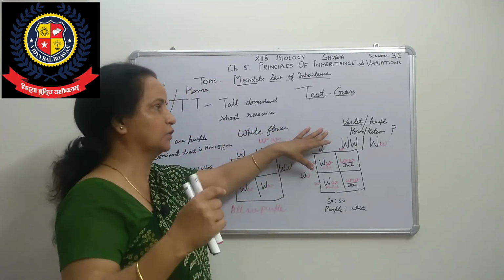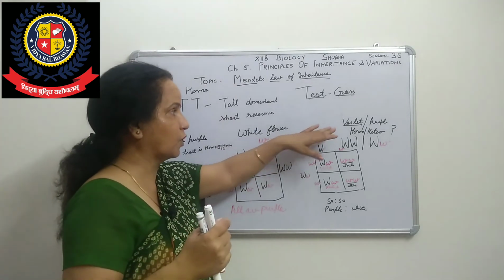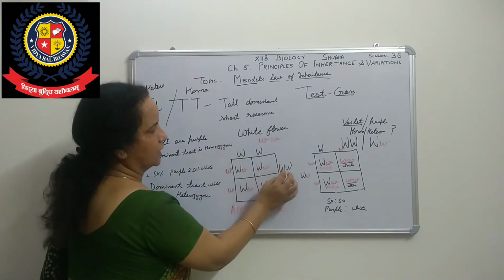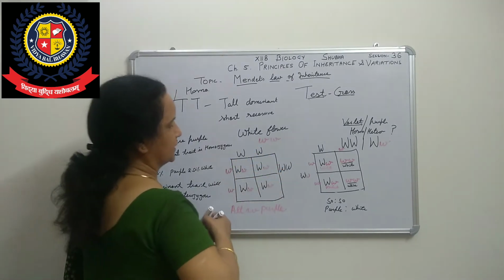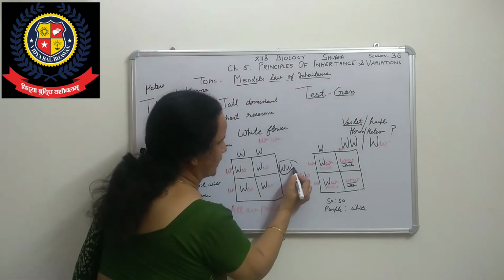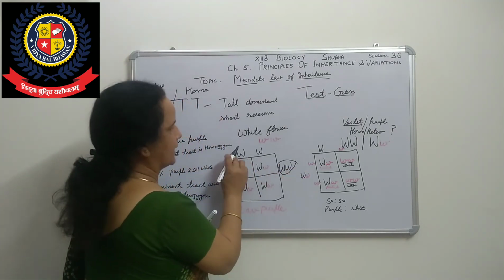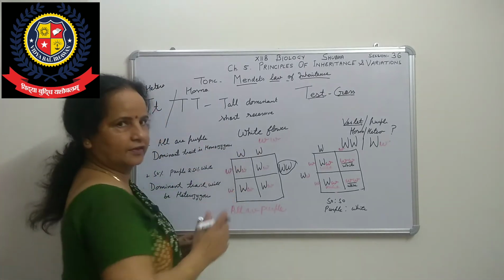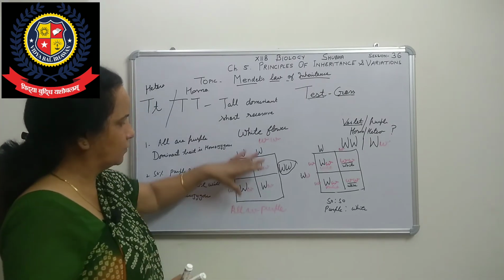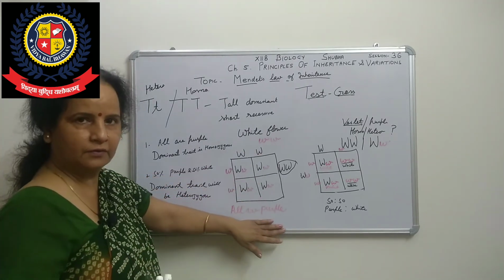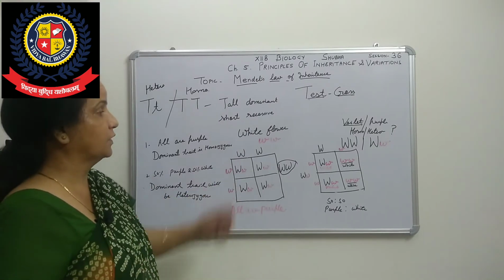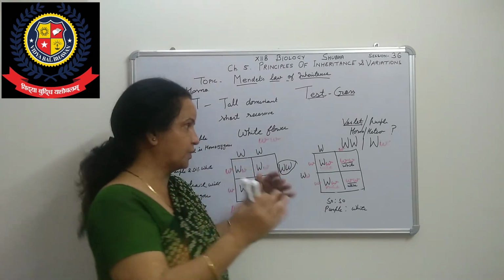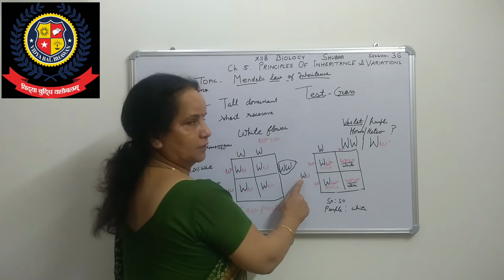When we assume that this dominant trait is homozygous, we make a cross in a Punnett square. The homozygous gametes are capital W, and then small w, that is the white flower, which is recessive. In that case, we get all purple flowers in that generation after the cross. Now in the second cross, we assume that it is heterozygous,